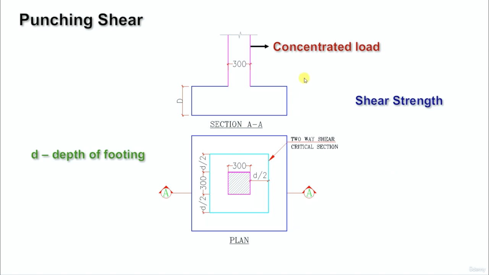So it is very simple. The concentrated load is resting on the flat surface, that is footing. So if the shear strength of the concentrated load exceeds the shear strength of the footing, then the footing will fail in shear. It will not hold the column. The column will pierce through the footing. You can even imagine that whatever I have told before, instead of paper, you just take a cardboard which is thicker. If you apply some pressure on the pen, then that will not pierce through the cardboard. It has some thickness to resist the pressure from the pen. So the same action is happening in this footing also. So this you have to understand very clearly.